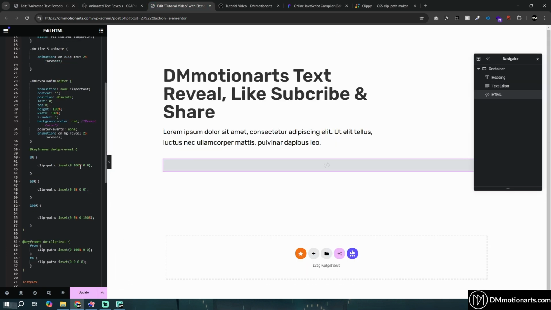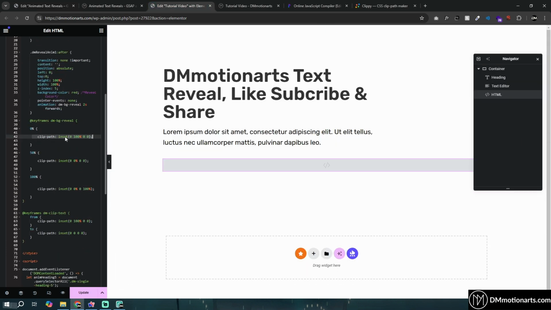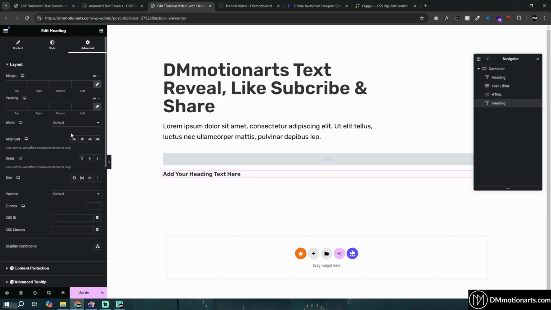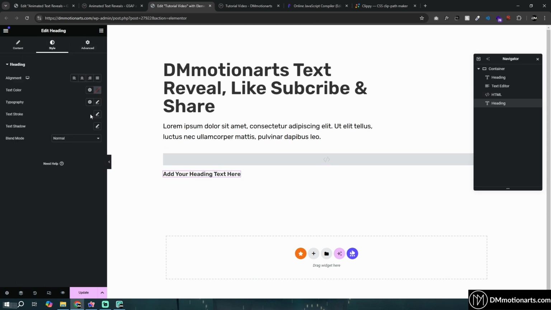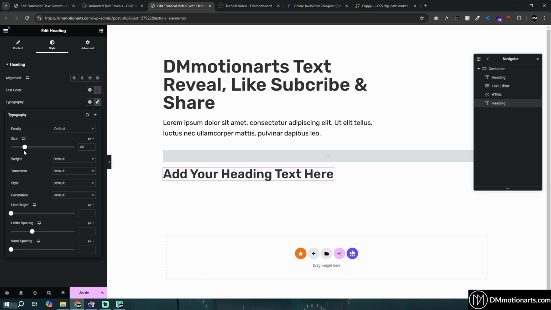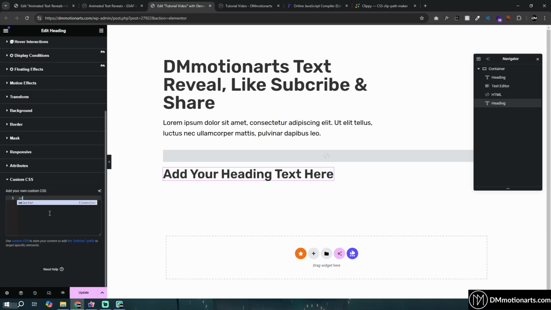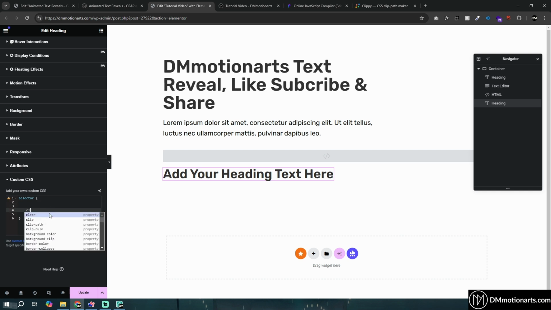I'm just going to quickly explain what inset does, which is this one. It's very basic stuff. Let's say I add a text in here, and I'm just going to show you really quickly because this is not a very high in-depth tutorial. It's not going to be that. But if we select the selector and we do clip-path like this and type inset,